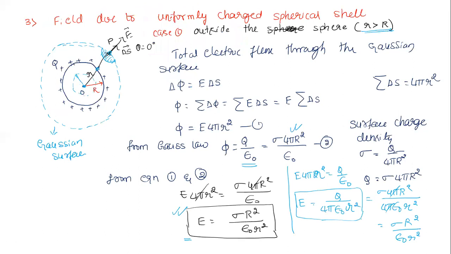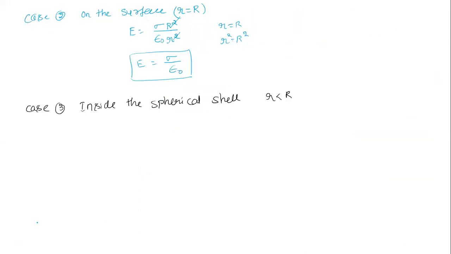Okay, this I'm going to take now inside. But the thing is, where is the charge now? The charge is outside the Gaussian surface. But what does Gauss law say? The net charge we're taking should be where now? Inside. If it is outside, you're not supposed to consider the charges which are outside the Gaussian sphere.